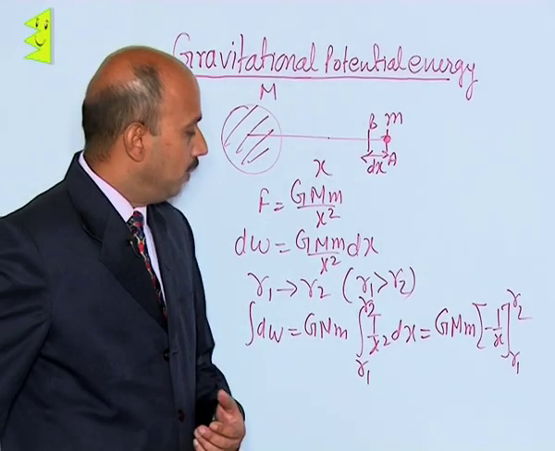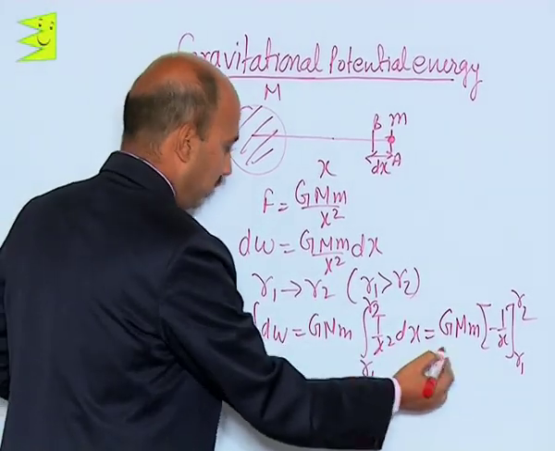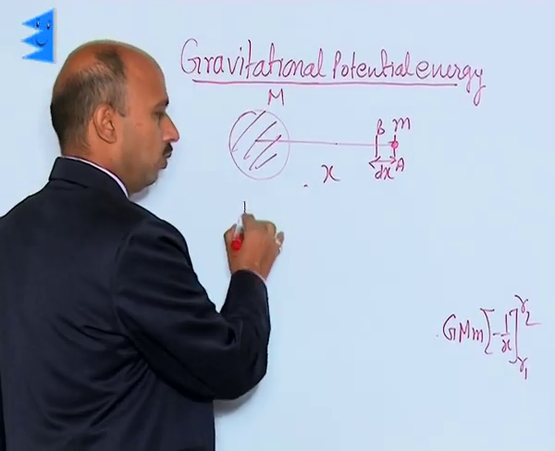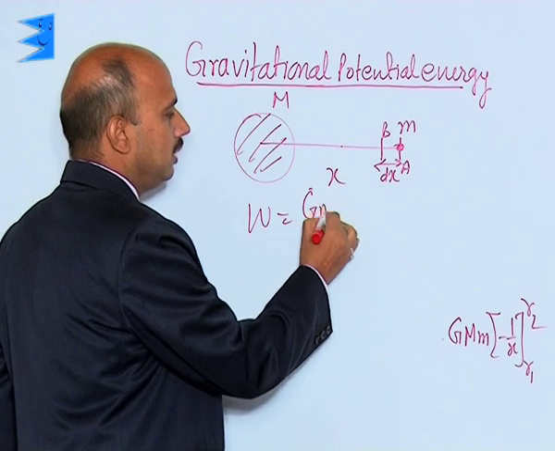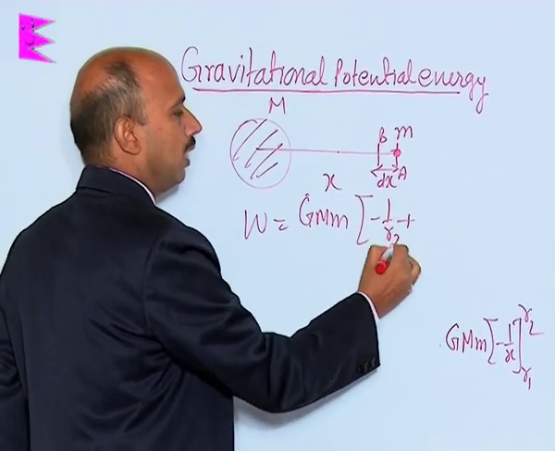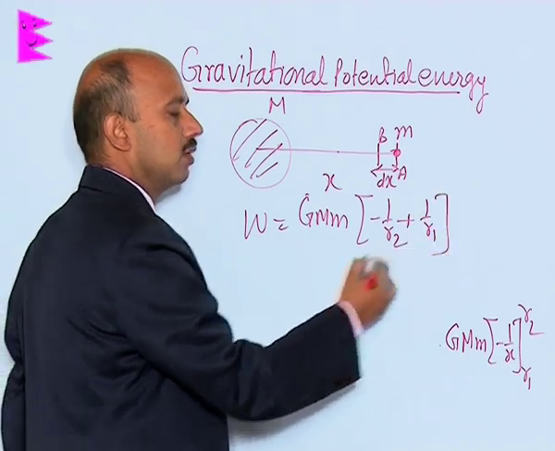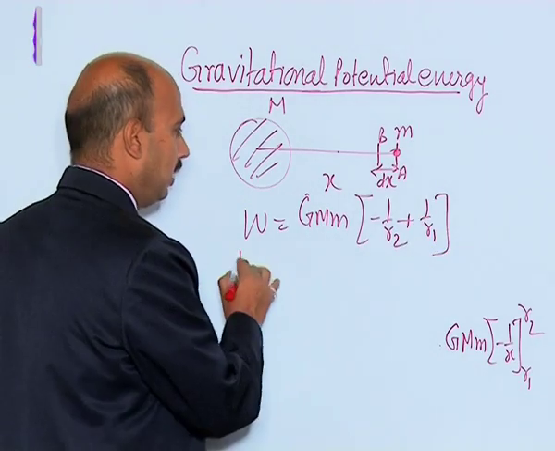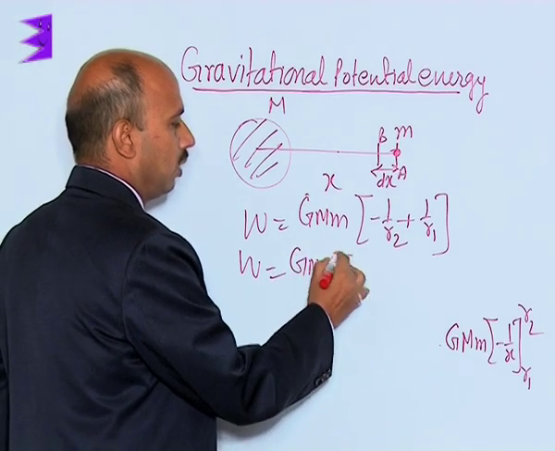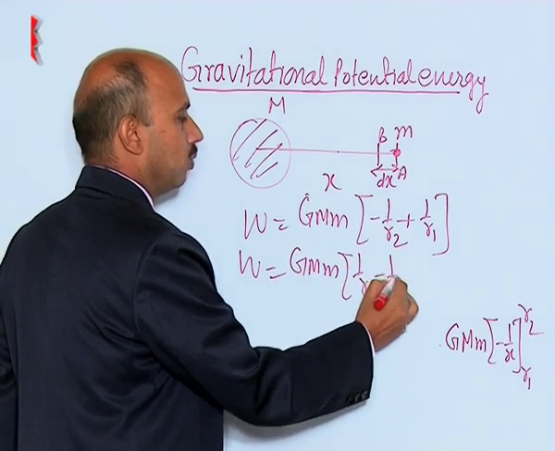So, we can solve this work done, and we will get work done is equal to GMm into minus 1 upon R2 plus 1 upon R1, and you will get W is equal to GMm into 1 upon R1 minus 1 upon R2,